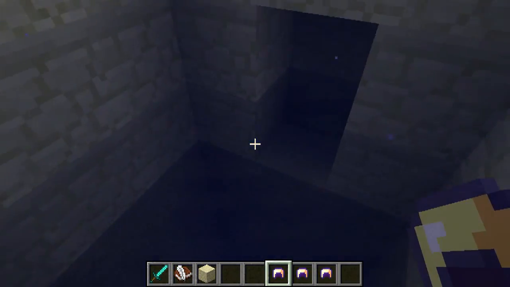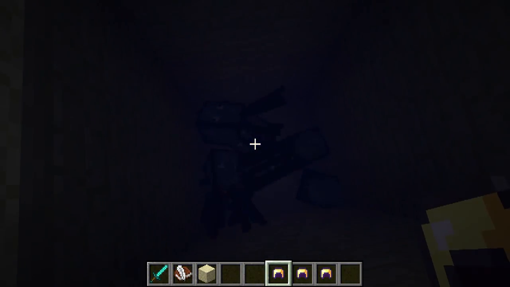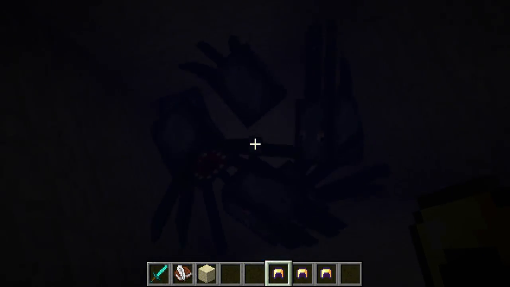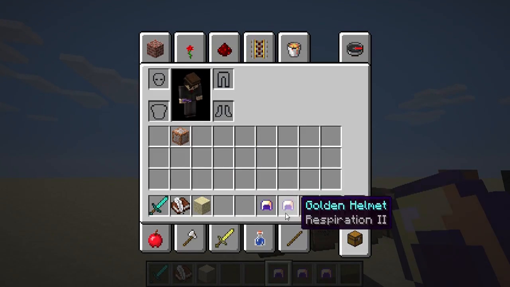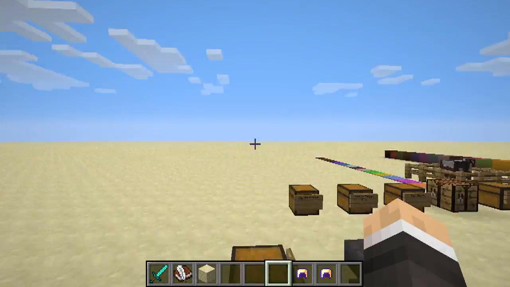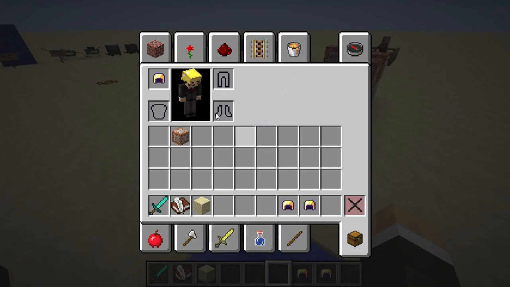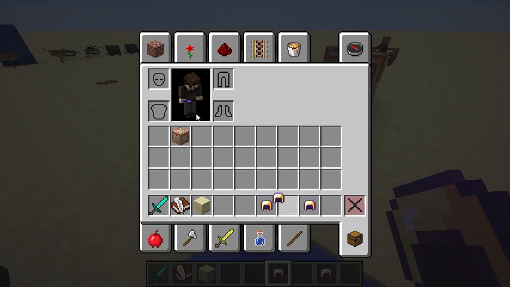So by default, this is what it looks like underwater. It's very dim. There's a lot of squiddies in here, but that's beside the point. It's very dim, it's very dark. You can't see a whole lot. So now, if I throw on the respiration 1 helmet, and I go underwater, it's a little bit clearer. It's not great. It's still quite difficult to see what's going on, but it is certainly better than no respiration